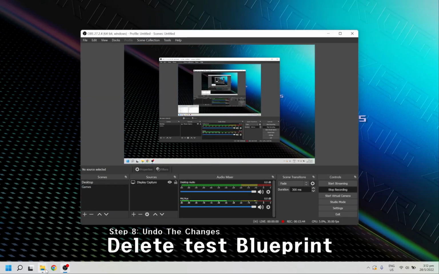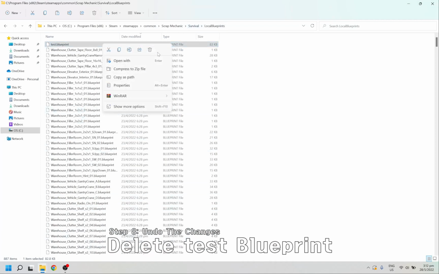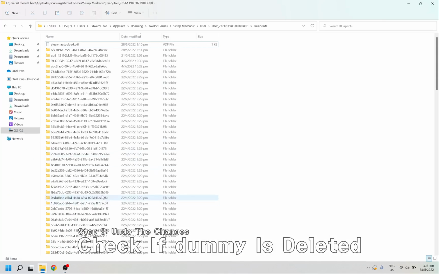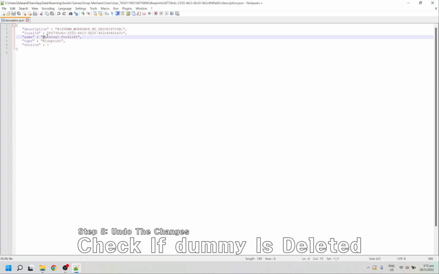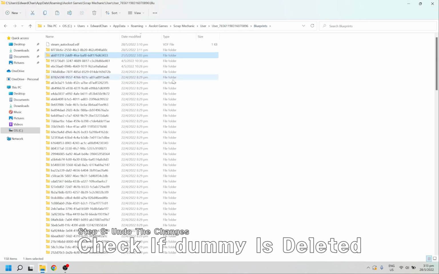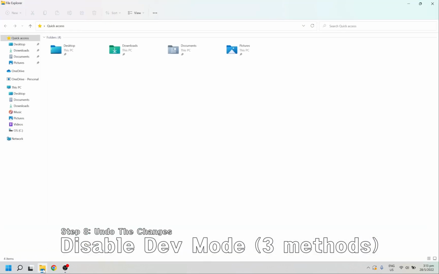So here we have the survival blueprints. Okay, we can now safely delete this test. And then we can find our creation. Now this is the newer one. So it's called survival forklift. Okay, don't delete this one. So it should be the second one. Okay, wait. Oh, alright. We deleted it in the lift, so we can't find it here anymore, which is good news. So there you go. Now we just need to